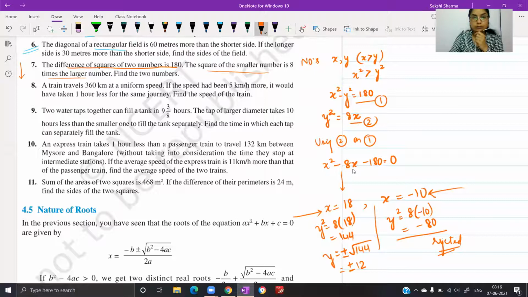Tell me if it is clear. Yes, ma'am. Anyone with questions? If you want to note down the clues, you can write down. And then we'll take up the next question. I'm not doing the solving again. You can do this with factorization or quadratic formula, whichever is suitable.